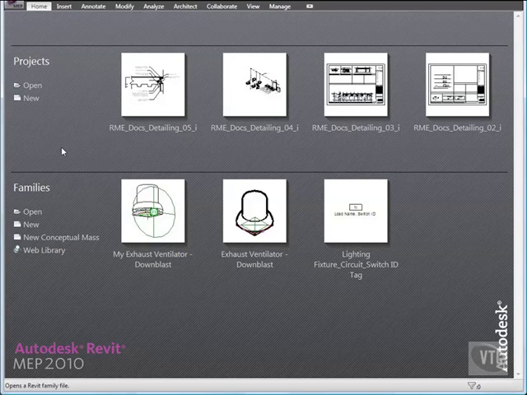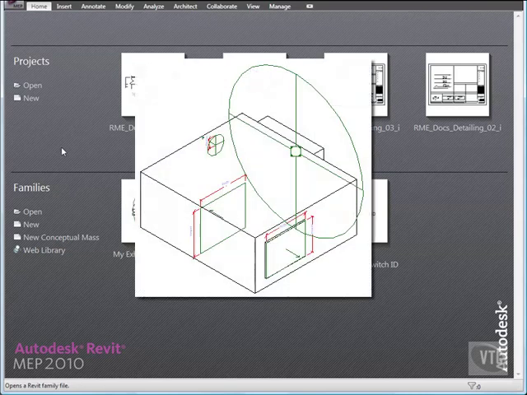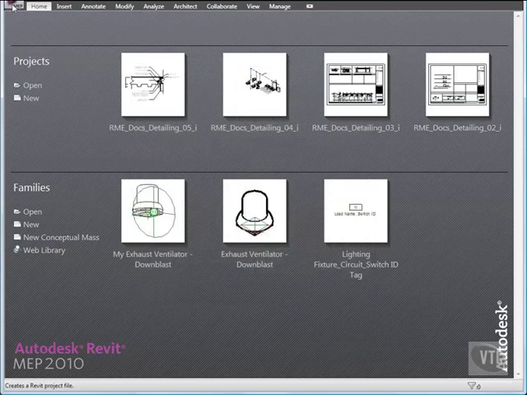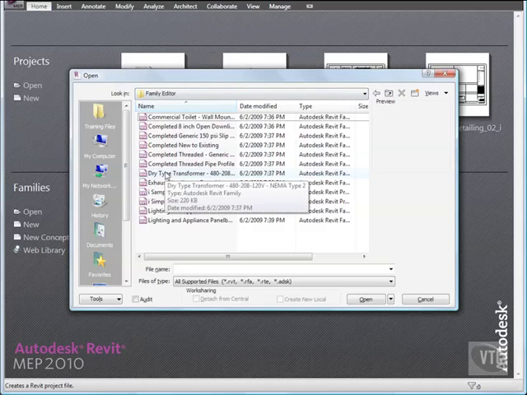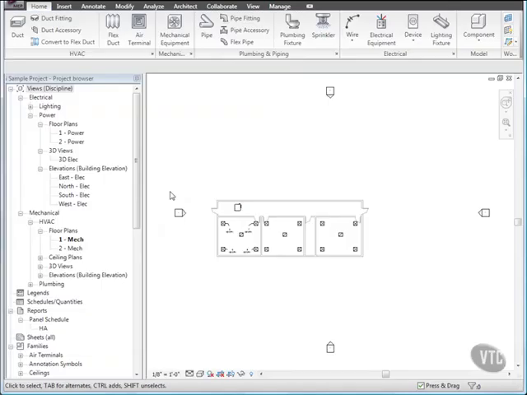In this lesson, you will modify a variable air volume box, or a VAV box, with electric heat family. Click the menu browser and select Open. And from the Training Files Imperial Family Editor folder, open the file Sample Project. Then open the view 1 Power